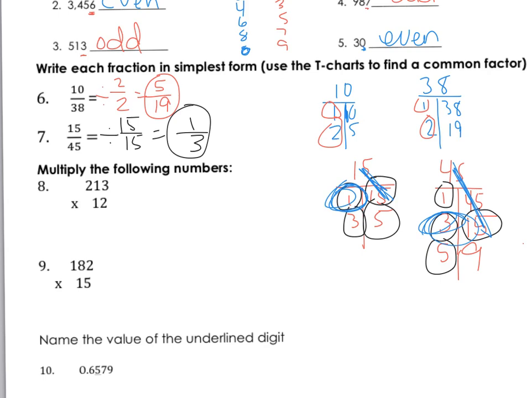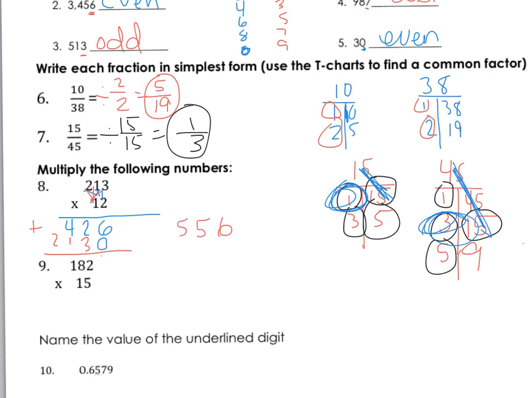Okay, number 8. If you use the lattice method, some of you need to refigure out your lattice method or your box method or your matrix or whatever you're calling it, because some of you are doing that wrong. Okay, all I did was take 2 times 3, 2 times 1, and 2 times 2. 2 times 3 is 6, 2 times 1 is 2, 2 times 2 is 4, and then when I start my second row, I put a 0. And then do the same thing with the 1. 1 times 3 is 3, 1 times 1 is 1, 1 times 2 is 2, and then I add those together, and that gives me